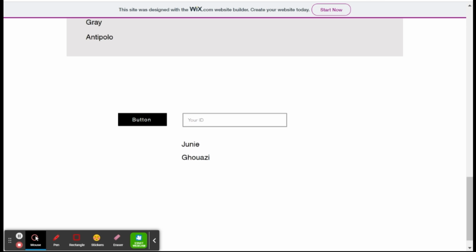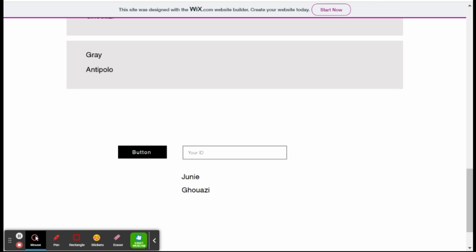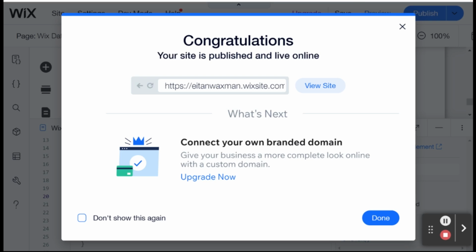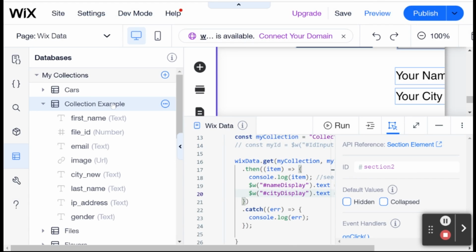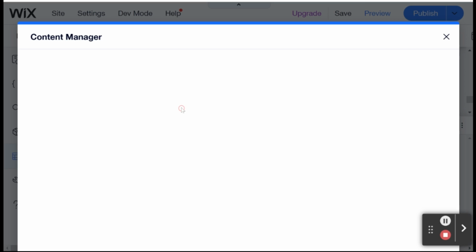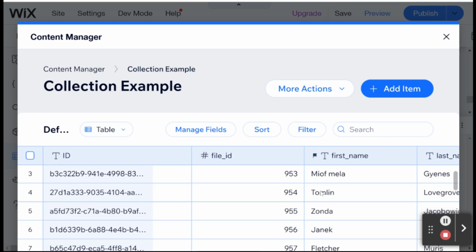Now, let's say that I'm on this web page, and somewhere else on the website, on a different page, somebody changes the data of this item. So they change the city of Junie to something else. I'm going to mimic that situation by going into my collection in my editor and changing that data by hand. Again, this doesn't have to be changed by hand. This could be changed using some kind of input on your website. But if your repeater is not updating in real time, then